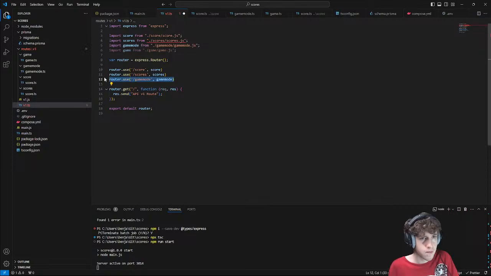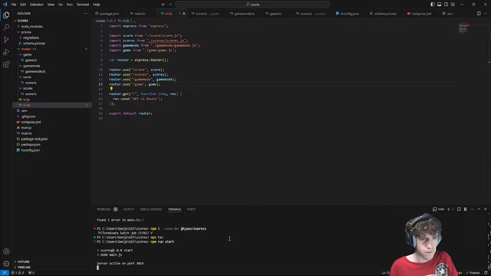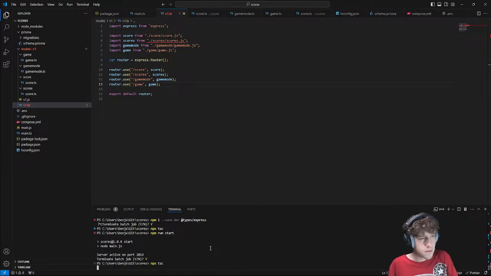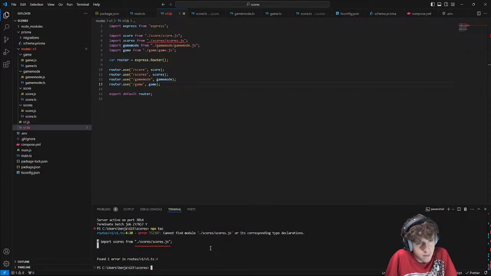Game mode. And then game. I can get rid of the index because I don't need that. Compile. Okay, so it still didn't work here.